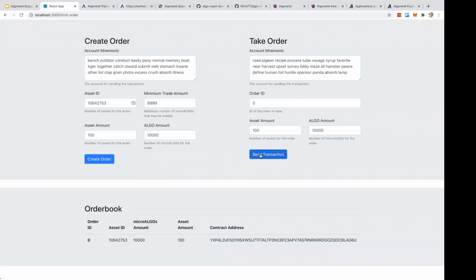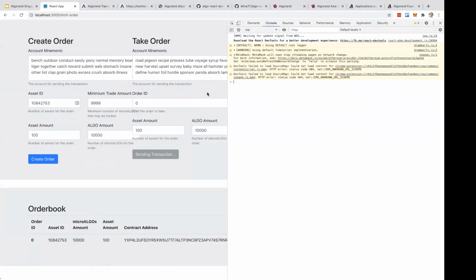And here, this transaction actually contains 2 parts. One is to transfer the algo from maybe Alice to Bob, and the other transaction is to transfer the asset from Bob to Alice. And this all happens as a transaction group, an atomic transfer transaction group I mentioned before. And there will be 2 transactions involved in this process. And if you click on send transactions,